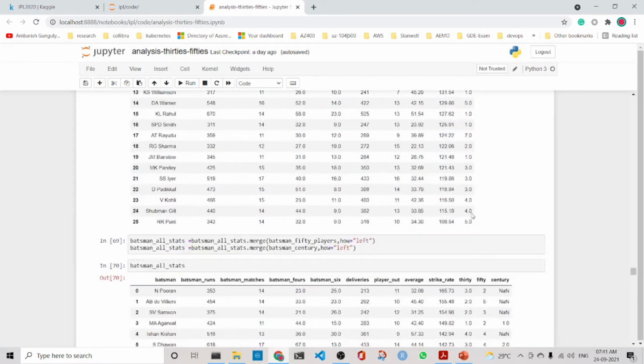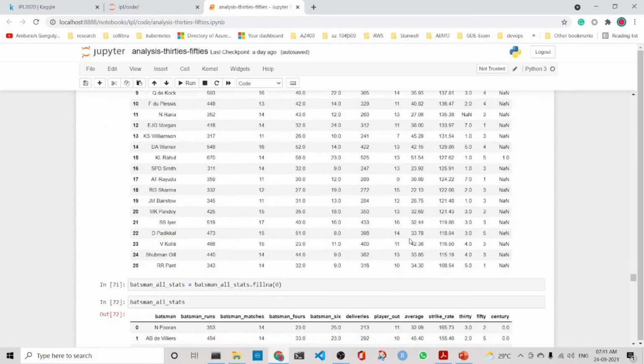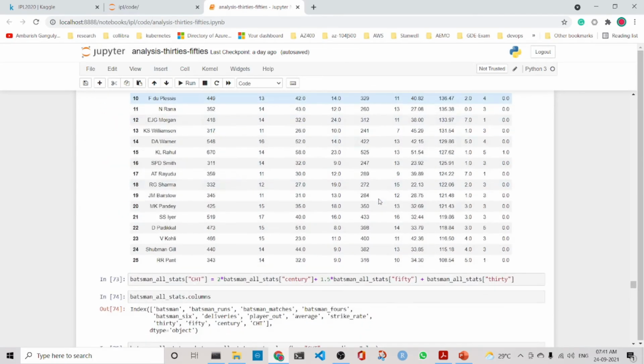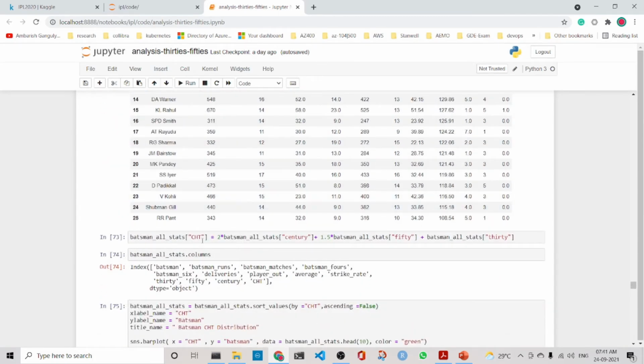So this is the main data set, and then we fill the NA values with 0, and then we calculate the CHT, which weights the century twice, and 1.5 times the batsmen who have scored 50s and 30s.